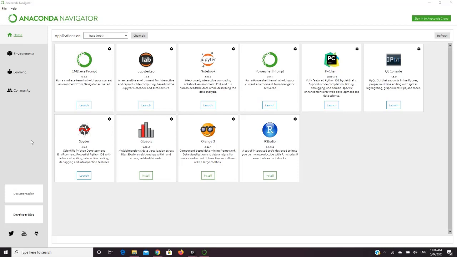So here you see the Anaconda Navigator and you can see the different integrated development environments available for Python. I'm just going to show you a couple of IDEs. First, to start with, Jupyter Notebook. This is a browser based IDE. I am just opening it.